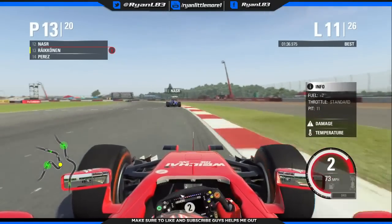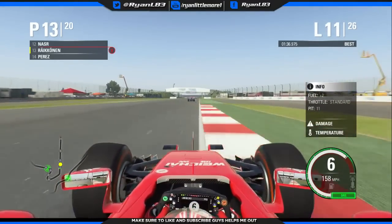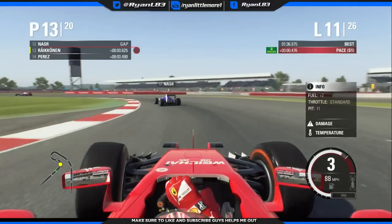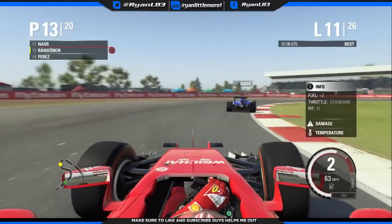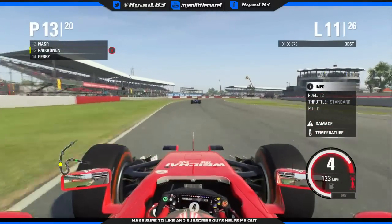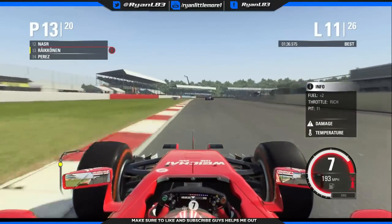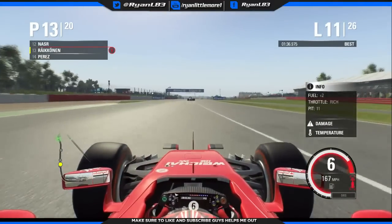It's gone too wide again. Oh, he's got DRS again. A bit faster than the car ahead. Your best chance of making a pass is through sector 1. Just think, what if we weren't in that tangle with Hulkenberg? Where would we be? Because Hamilton's already in the last sector. Obviously he's got a pit stop ahead of us, but he obviously has to pit, so...